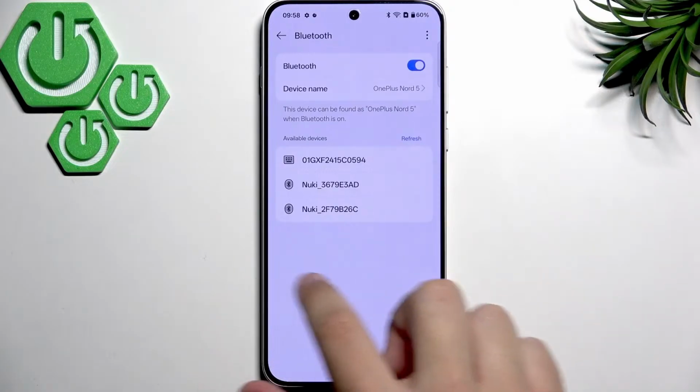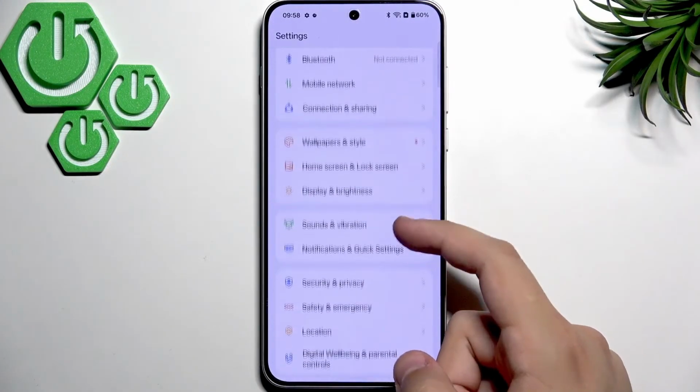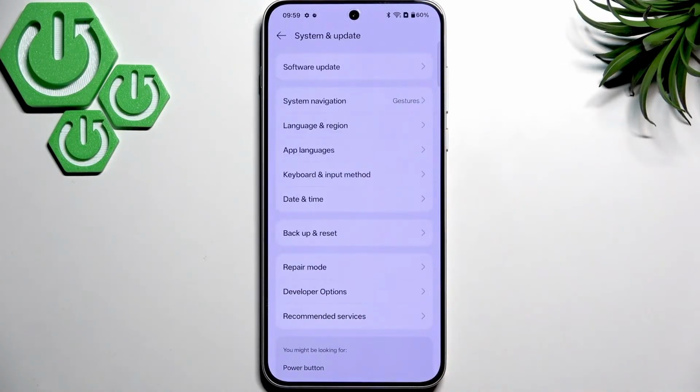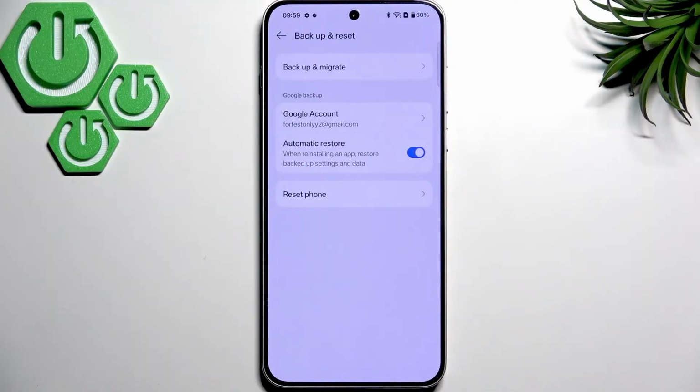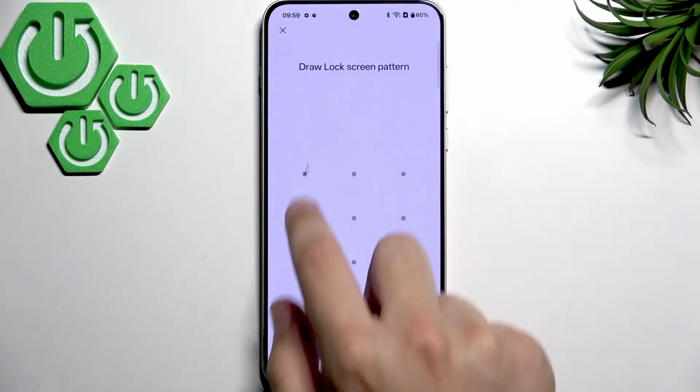And now what you guys can do as the final step is to reset the network and Bluetooth settings. So scroll down until you guys see the system and update. Now click on backup and reset, and here click reset phone. Now click on the reset network and Bluetooth settings right here, enter the pattern,